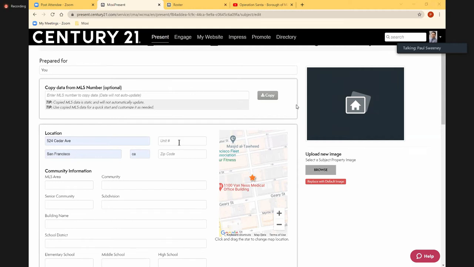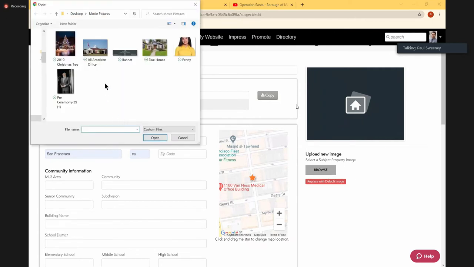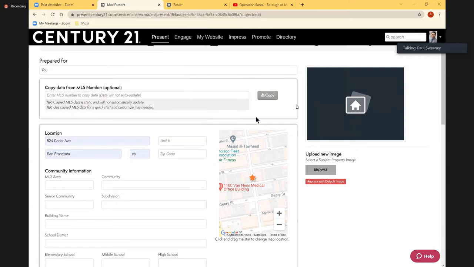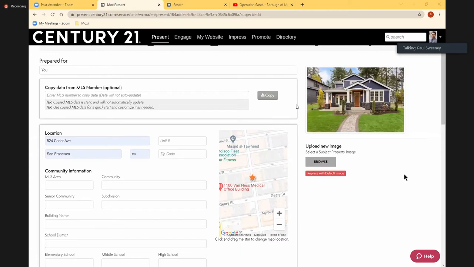but let's put in a picture of the house. So over on the right-hand side, you see that black square with the photo icon in the middle. I'm going to click on Browse. And where's my house? There it is. If you've seen this house before, it's everywhere on the internet. Stock footage. I think this is the most popular picture of a house that there is, but I digress. So here's your house. I've got the address in here,